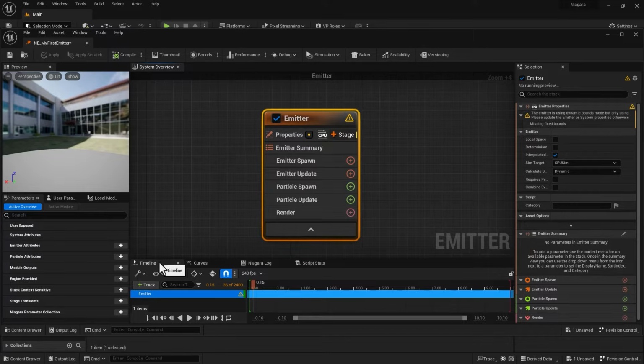We have the timeline, which shows you how long your emitter is going to be active for, and right now it's blue. Every time you see the blue color it means infinity, and the system is controlling it. So the loop situation is controlled by the system, that's why it's blue. You've got the timeline head, the name of the emitter, and your timeline control, so